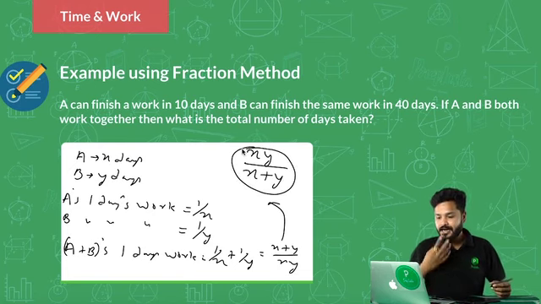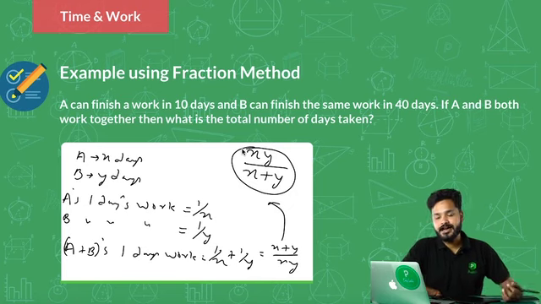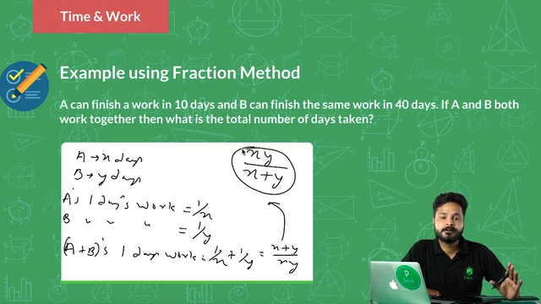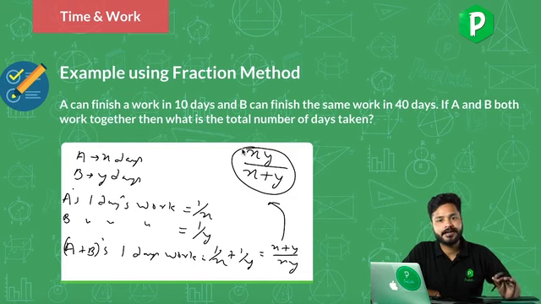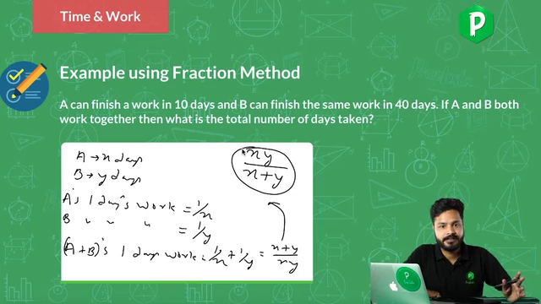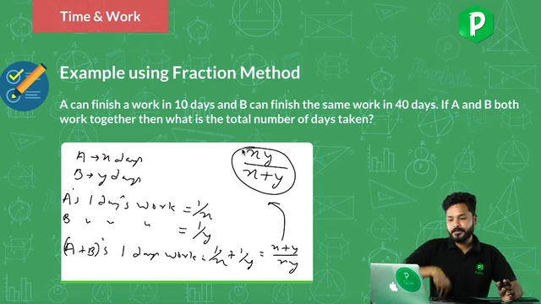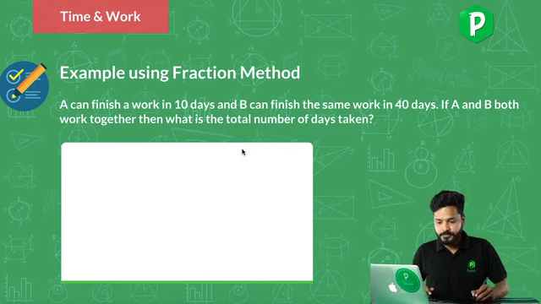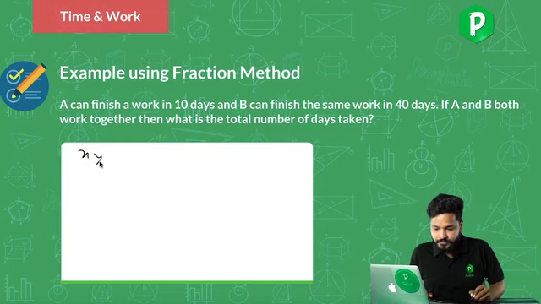Right? So guys, can't I see a formula derived here? This is a standard formula which I can use to solve such questions with the fraction technique. To find A and B's combined time, if we know the number of days needed by them individually to complete the work, it's nothing but XY upon X plus Y, where X is the number of days taken by A and Y is the number of days taken by B. So the formula is XY upon X plus Y.